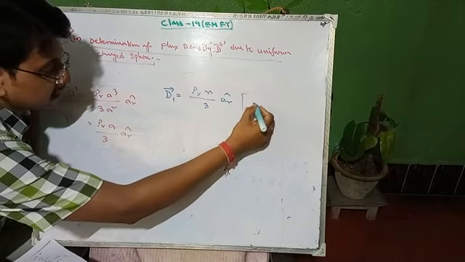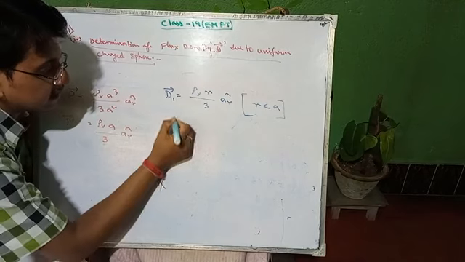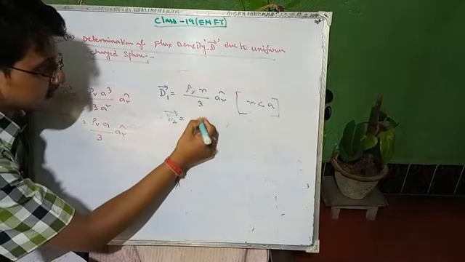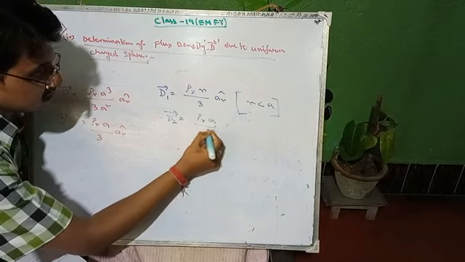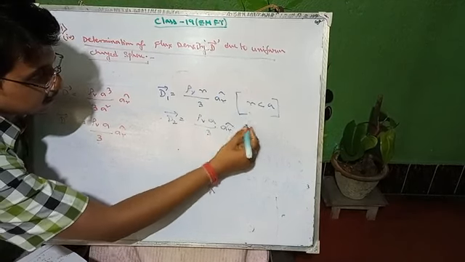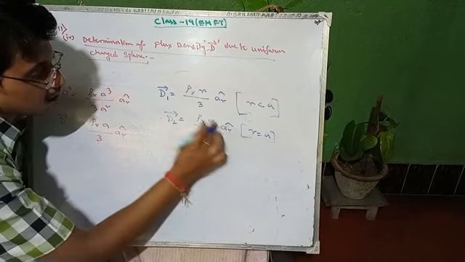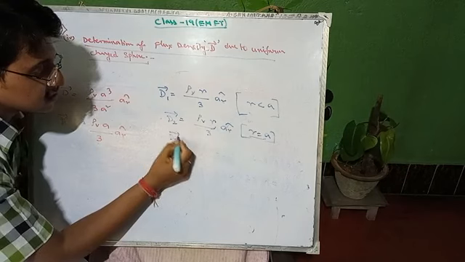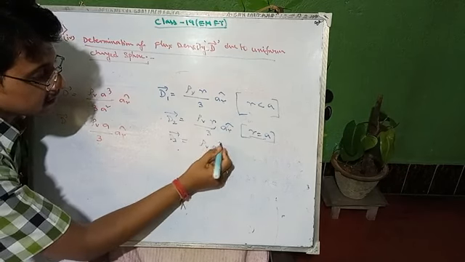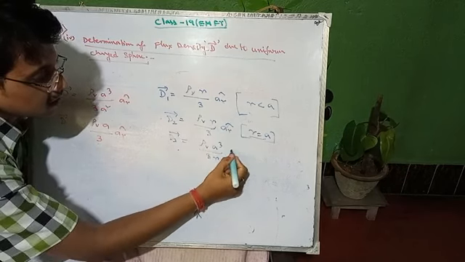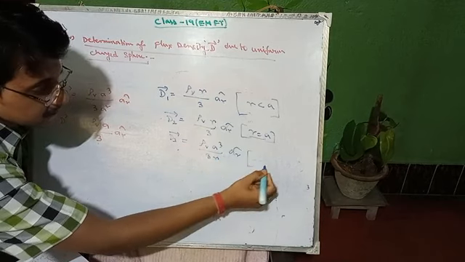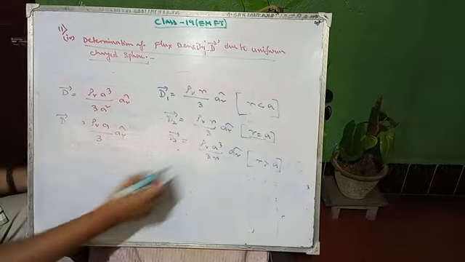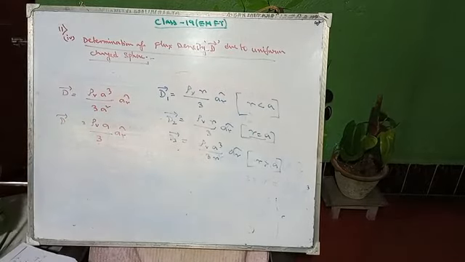So when r is less than a, and D2 equals, suppose we are taking it here, then it will become a r cap. So when r equals a, or you can write r also, because r equals a, right? So D3 equals rho v a cubed by 3r squared when r is greater than a. Okay, 3r squared, right?